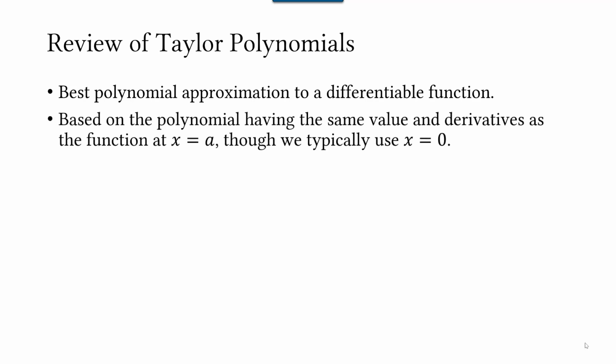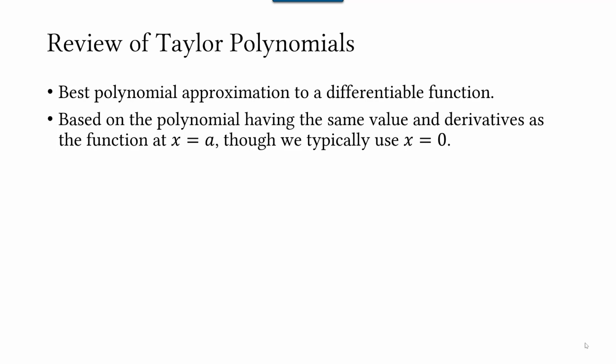The process of finding a Taylor polynomial began with our list of requirements, and that list was that the function that we're trying to approximate and the polynomial had to have the same value at 0. They had to have the same slope at 0, the same concavity at 0, and so on, until we just decided that the original function and its Taylor polynomial should have the same derivatives at 0 up to whatever degree